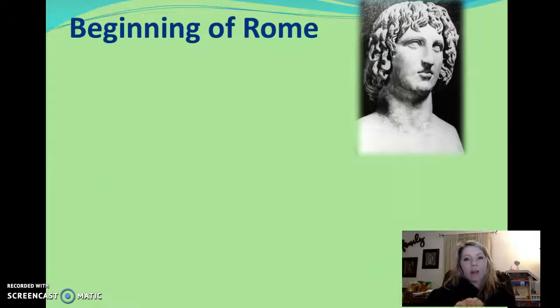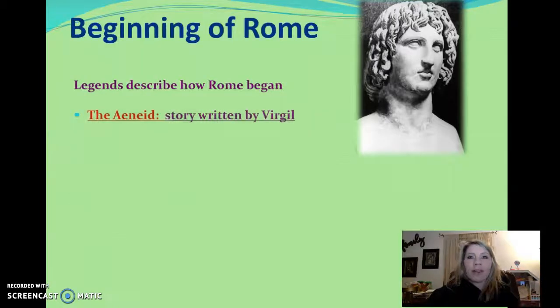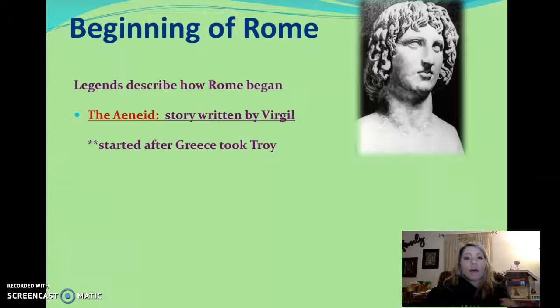Okay, so the beginning of Rome, there are 2 different legends that Romans believe, and one more factual story. One of the legends was written by a guy named Virgil, who we're looking at in this statue. Virgil was a man who wrote a book called the Aeneid. The Aeneid talked all about this guy named Aeneas. Now, what we're going to notice is that when Rome started, they're going to adopt a lot of the same stories from Greece, and then they're going to change minor things.